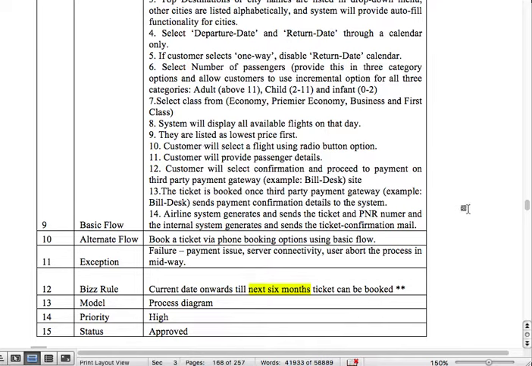The customers will select a flight using a radio button option. The reason is so that they don't select multiple flights at one time. This ensures that you have only one ticket. Okay, so the next one I'm talking about is